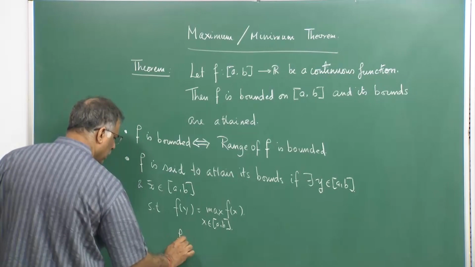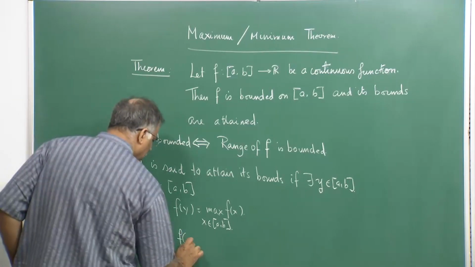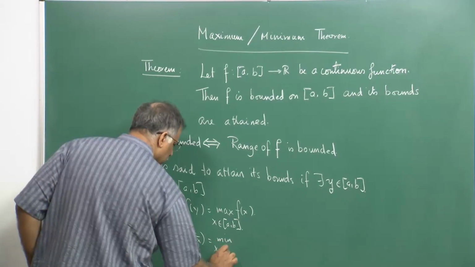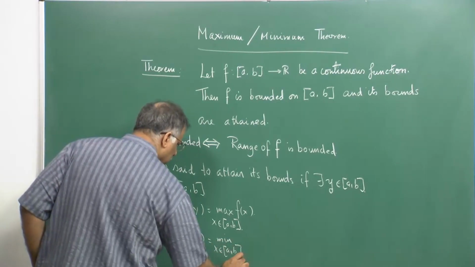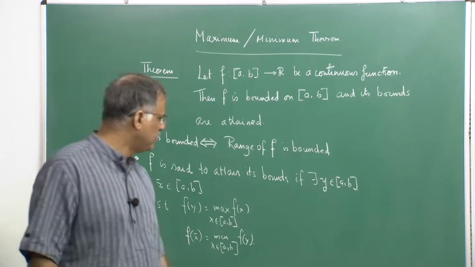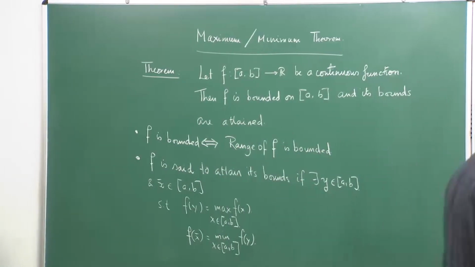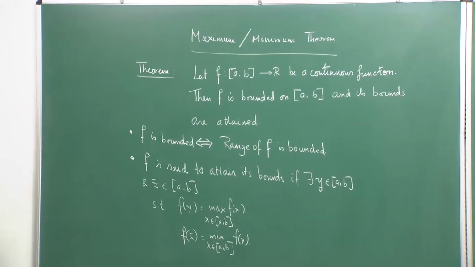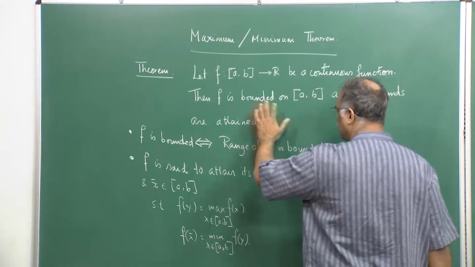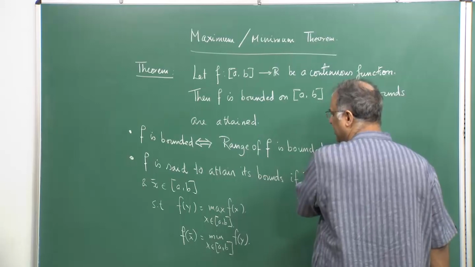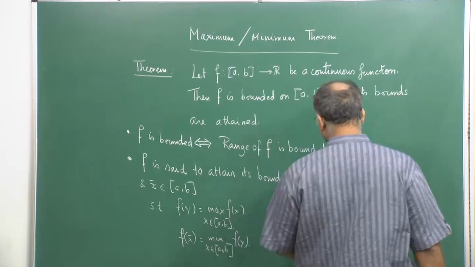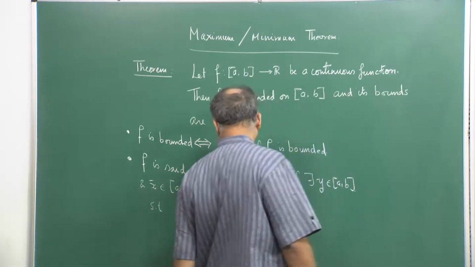And f of x bar is the minimum value. That is the meaning of f attaining its bounds. So, basically if you have to prove that f is bounded on AB, then you really have to show that the range is a bounded set in R, and then you have to show that there are points y and x bar for which these are true,